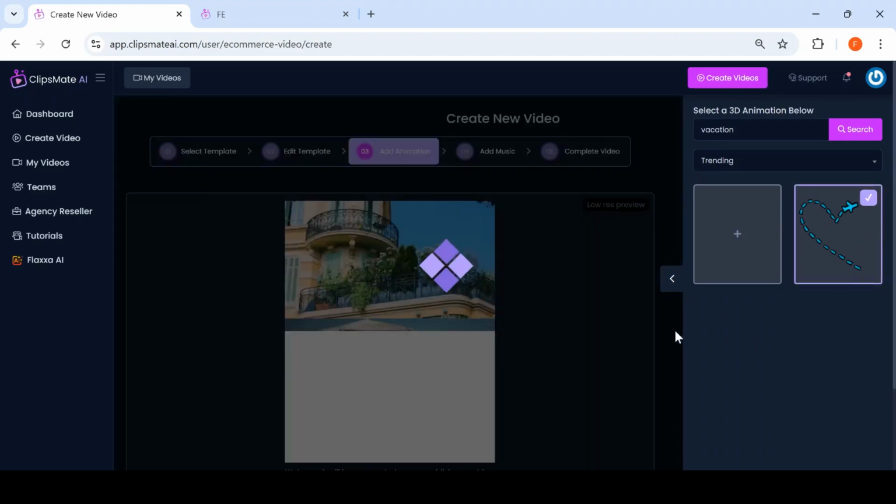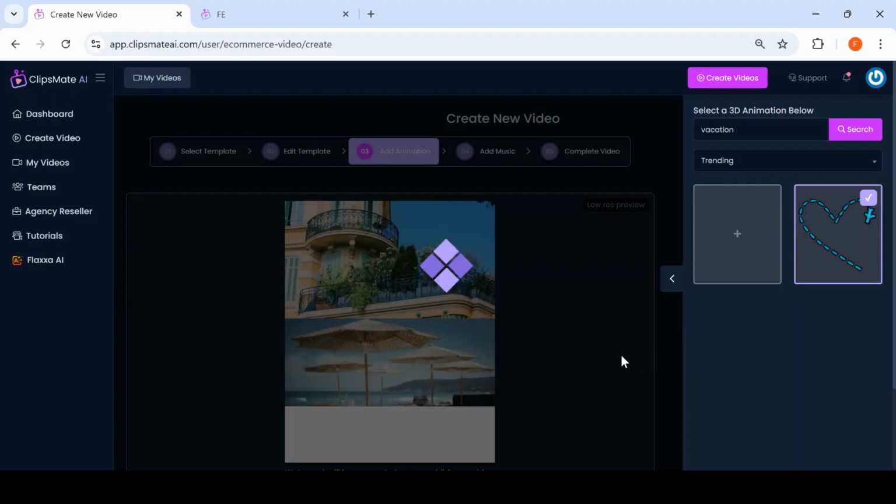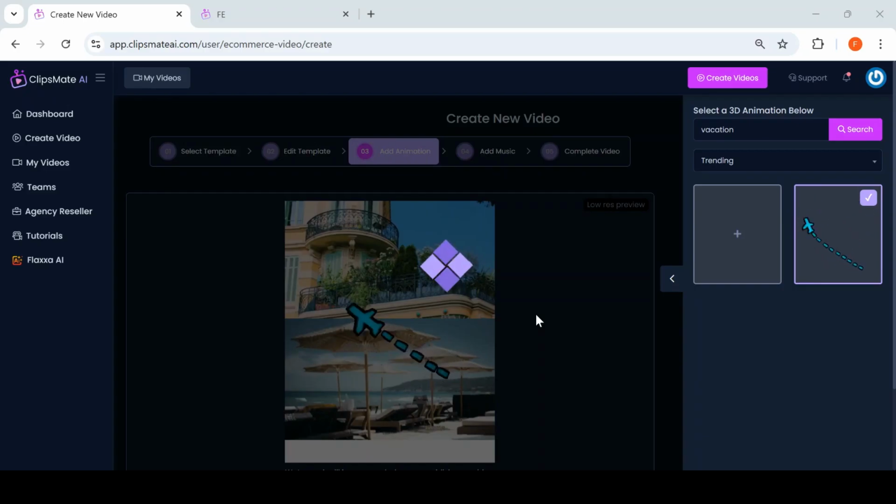Okay, so vacation, for example, and there's this one right here. Let's use it as it loads. And in the meantime, in a bit, we're going to see the other one that was processing from our originals. Okay, as you can see, this one has been added,